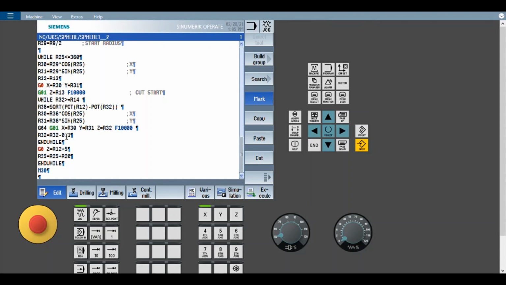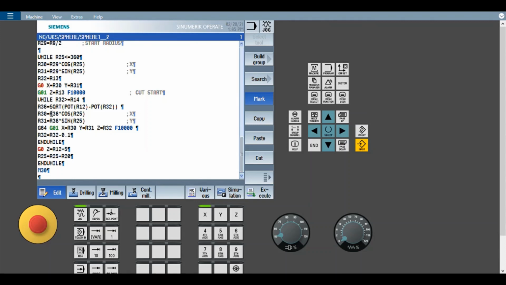Now in this case, why are we not able to use G02 and G03? Because the plane keeps changing, so it is difficult to define G02 and G03 in this case, because with every angle increment it will keep changing the plane.